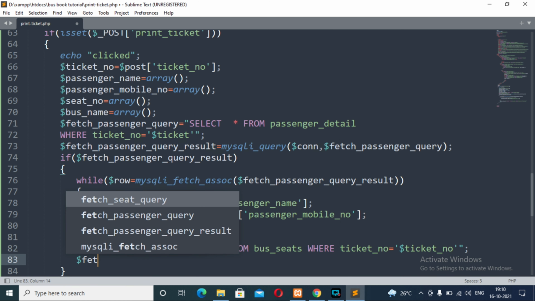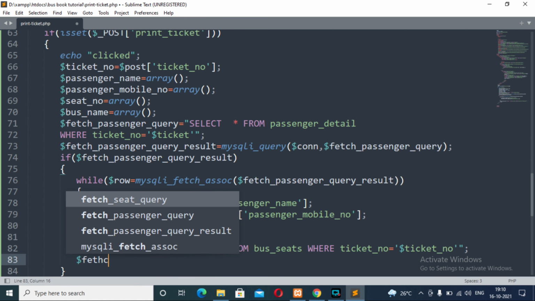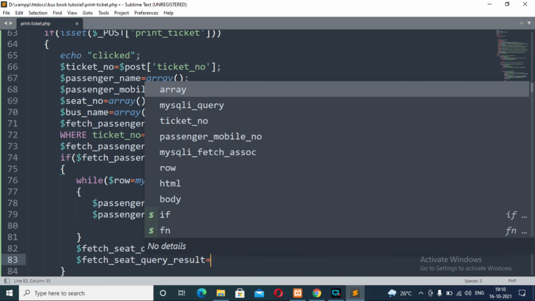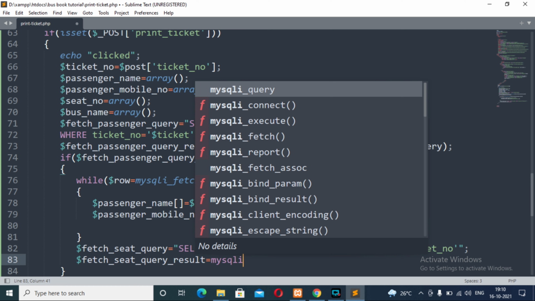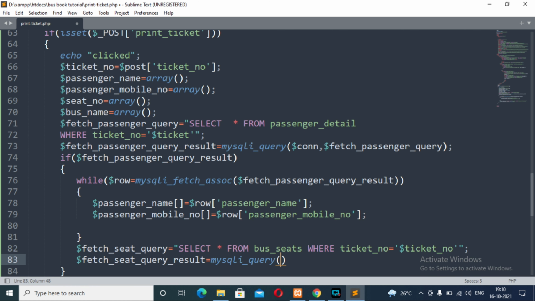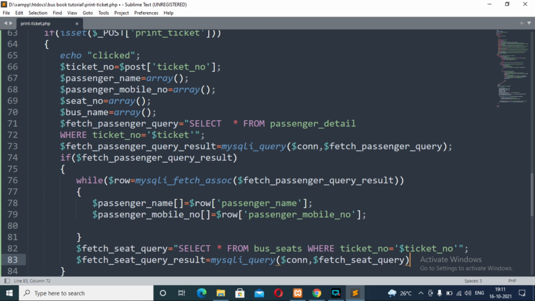Now fire this query and store the value inside fetch seat query result. And fire this query using MySQLi query method. So con and fetch seat query. So that's it.